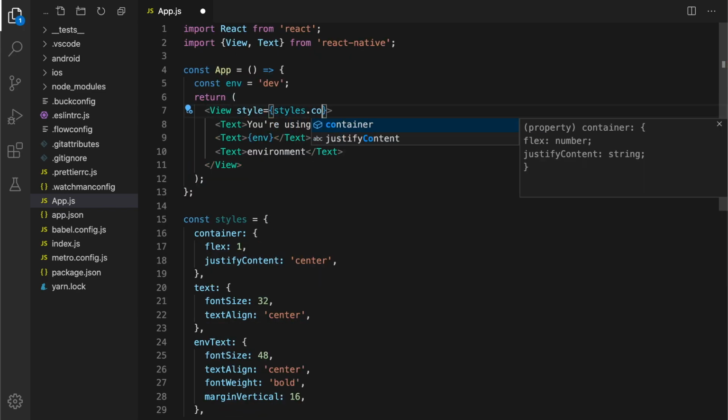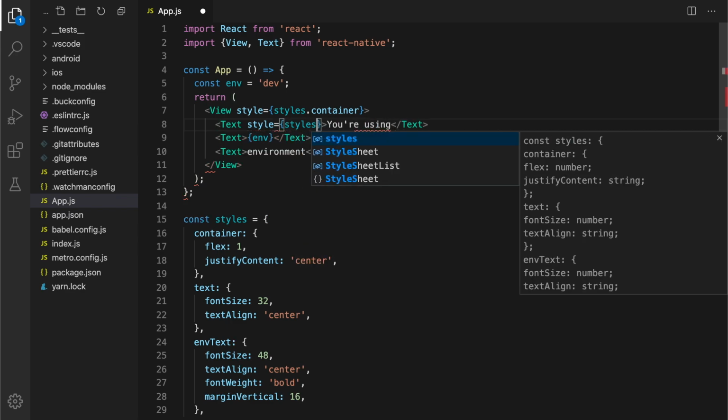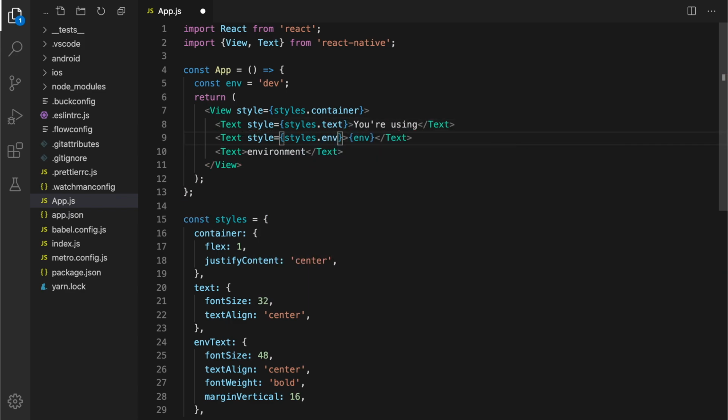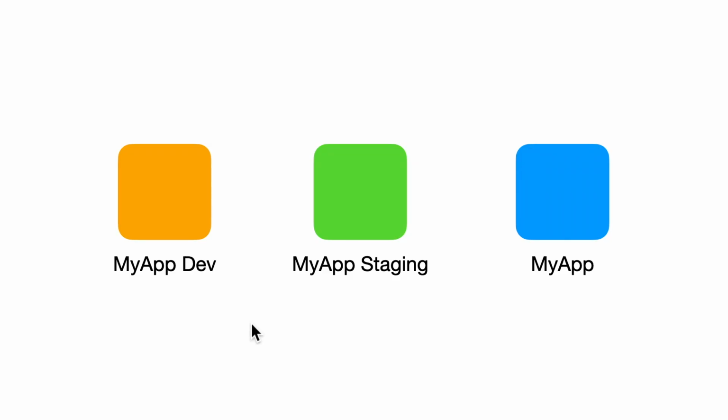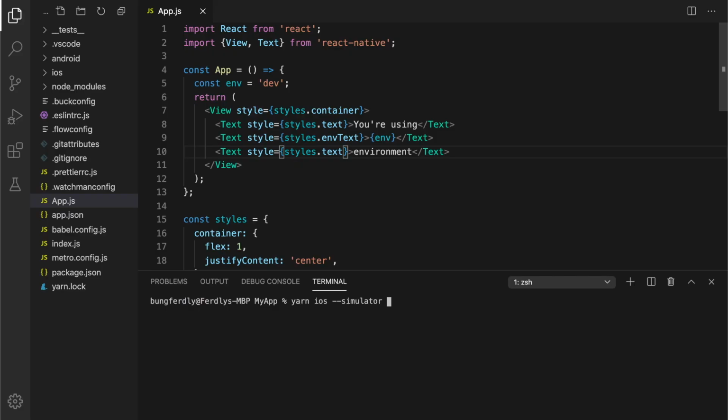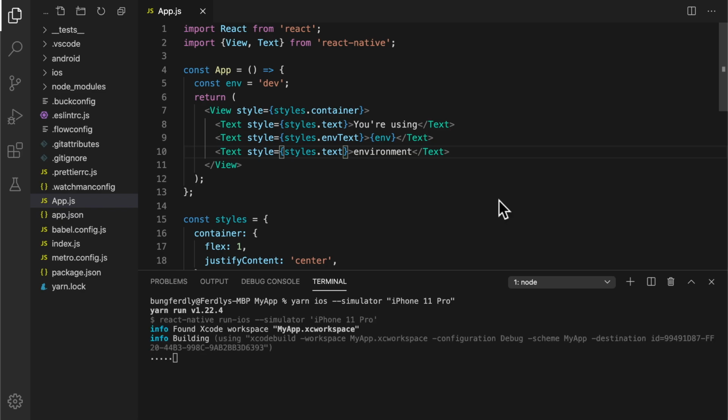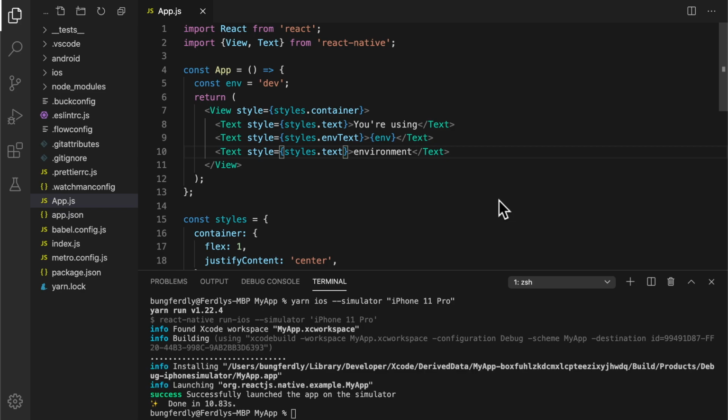So without further ado, let's get started and brace yourself, because this is gonna be a bumpy road, especially if you never did native development before. We will create 3 environments: development, staging, and production. We start with iOS first, then later on Android. Before we start, make sure yarn ios or at least yarn android is working well. You don't want to stress out later about why it's not working, only to find out even the initial project doesn't work.